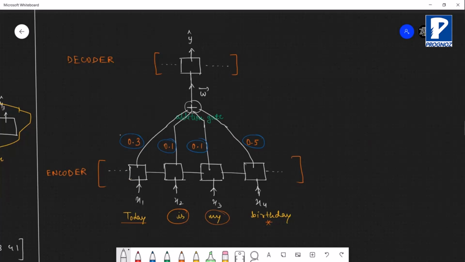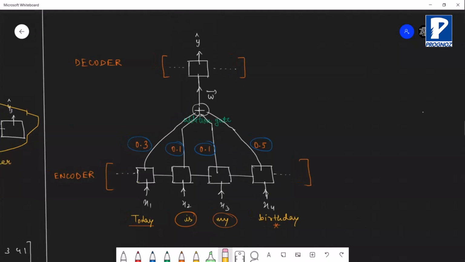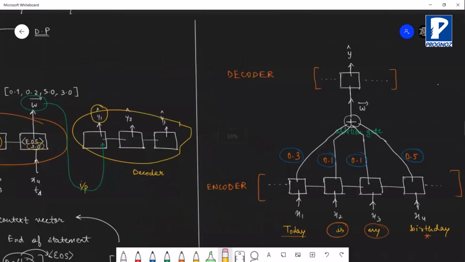In our case, because it is a sentiment analysis example, this will either be 0 or 1. So it can be 1 or it can be 0. Fine. So this is how your attention models are going to work. Have a look at both of these once, and if there is any doubt, you can ask.